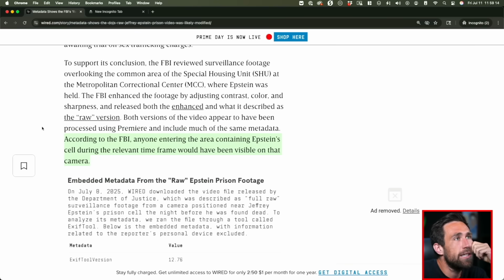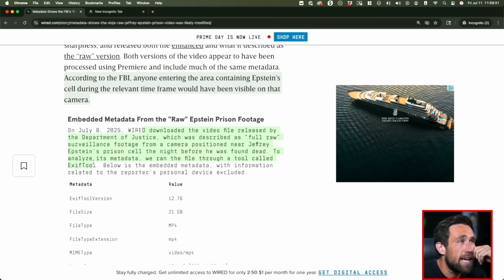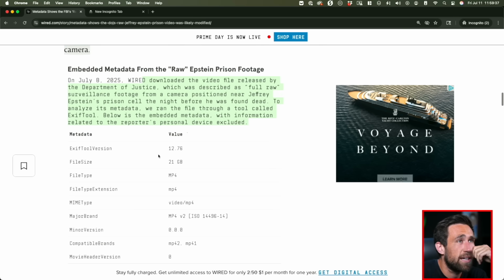But anyway, according to the FBI, anyone entering the area containing Epstein's cell during the relevant time frame would have been visible on that camera. Wired downloaded the video file released by the Department of Justice, which was described as full raw surveillance footage of Epstein's prison cell the night before he was found dead. To analyze the metadata, we ran the file through a tool called EXIF tool. Below is the embedded metadata, with information related to the reporter's personal device,